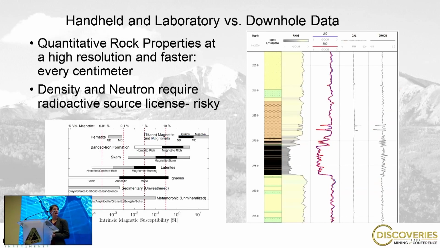Okay, handheld and laboratory data versus downhole. It's been very common in the industry to use laboratory data and handheld instrumentation to collect magnetic susceptibility data and conductivity data. And when we use those handheld instruments on a piece of core, you're collecting it on a core sample that's really only an inch and a half in diameter. And so that leaves a lot of room for error. It's just not a very big sample. Whereas when you collect that data downhole in situ, you're surrounded by the rock itself. So you're collecting a much more accurate measurement, and you're also collecting it at a higher resolution.